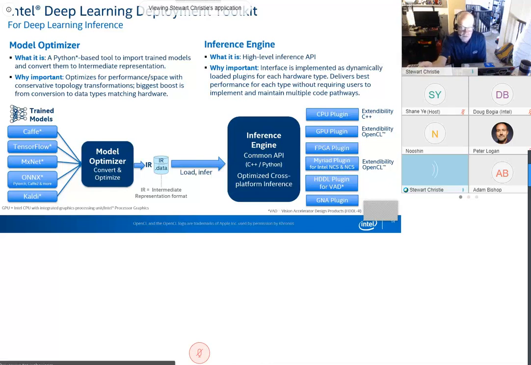The Myriad plugins come as USB 3 sticks. The HDDL comes in different form factors of the same thing with multiple devices on there. So we've got a by 8, a by 3, and a by 2 from different vendors available. And then the GNA plugin is the Gaussian network accelerator for audio streaming. It's used in conjunction with the Kaldi